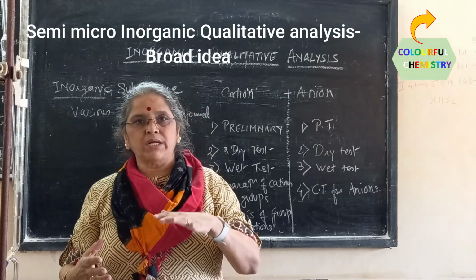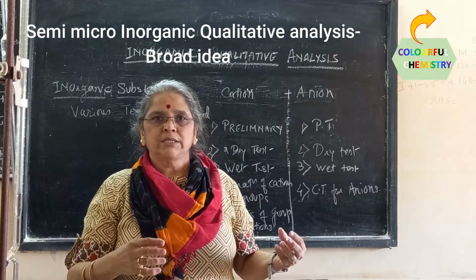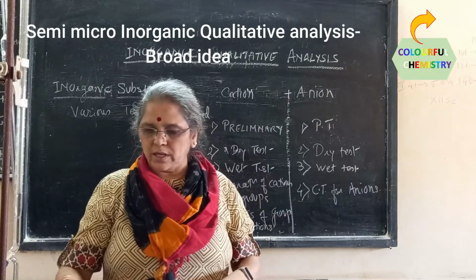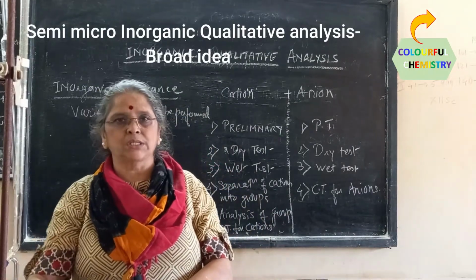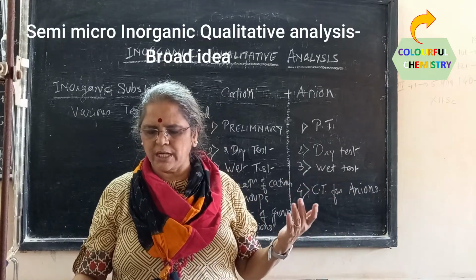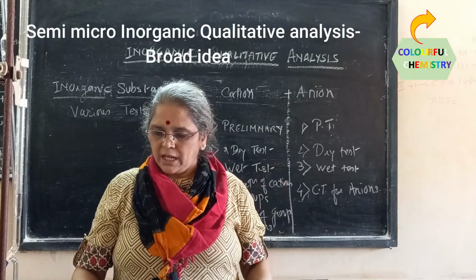That is, you take the water extract, you add dilute HCl, then the halides or chlorides are formed, and such cations are grouped together as group 1. So under group 1 we have lead salts. Lead iodide, lead chloride, or lead halides for that matter, only chlorides will be formed, and lead is identified as a group 1 cation.